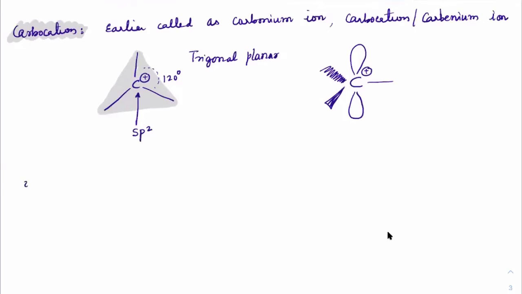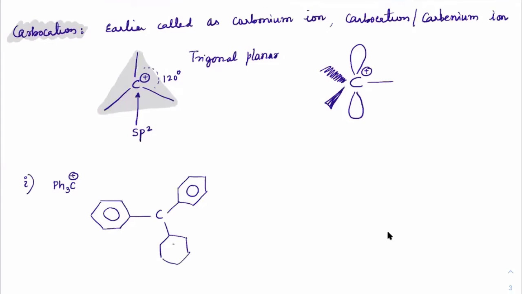Now, the first important point when we consider the carbocation Ph3C+, three phenyl groups on a carbon. The problem is that we have a carbon with three phenyl groups, and they would all have to become planar. That will be very difficult to keep in a planar state. These three are very bulky, big groups, so keeping all of them in one plane becomes difficult.